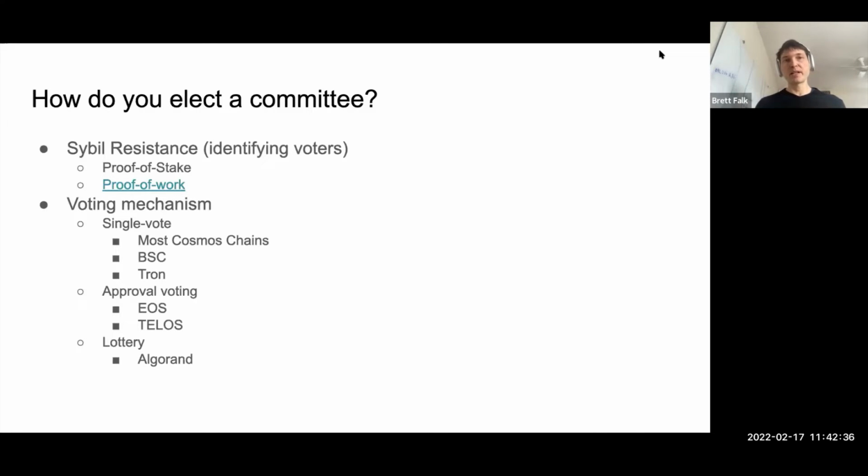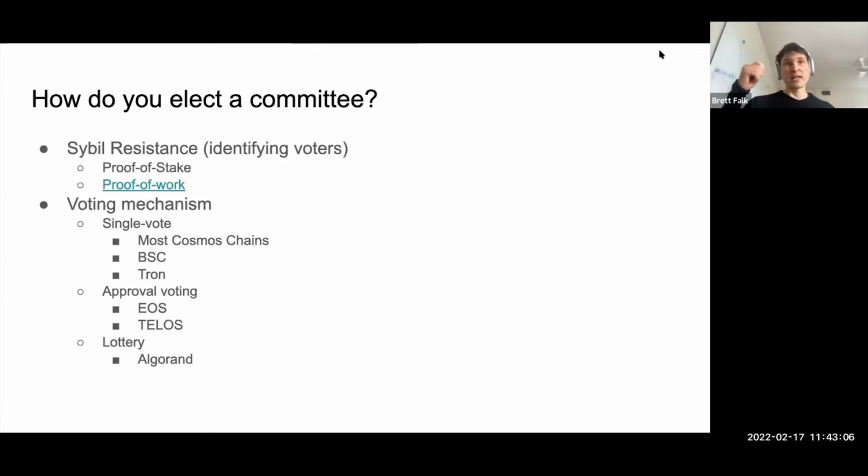So the simplest thing to do is to have a single vote mechanism. You get one vote to elect somebody to a committee. Your vote is proportional to your stake. And then you look at all the candidates and you select the K candidates who get the most votes, and that's your committee. You run this election maybe every 2 minutes, every 5 minutes, once a day. You get to set that parameter, but it's just a single vote mechanism, and your vote is stake weighted. And this is by far the dominant method for committee-based consensus elections.